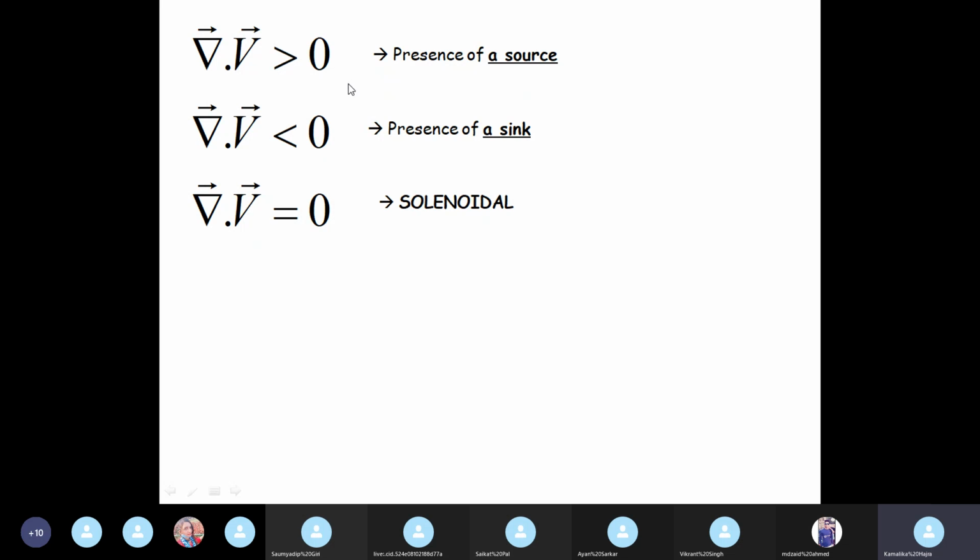So this means that when the number of particles coming out is more than the number of particles coming in, that is when the flux is greater than 0, it means there is a source present. There is a source which adds more particles. So flux greater than 0 indicates the presence of a source that will add more particles to the ones that are already there.